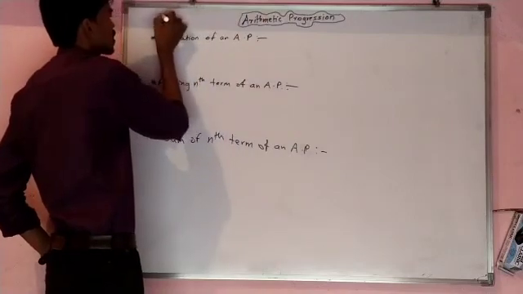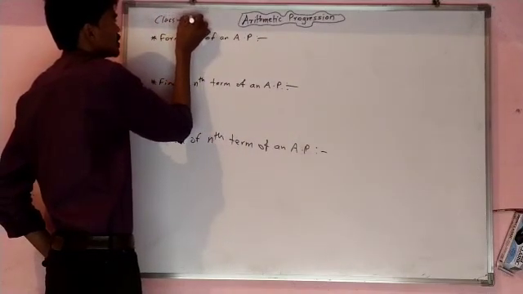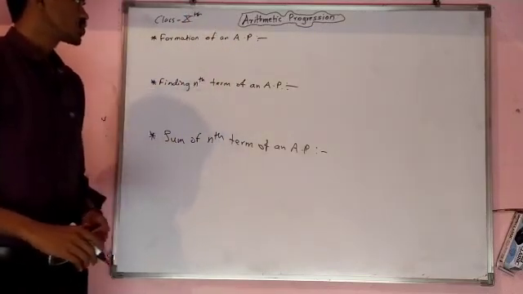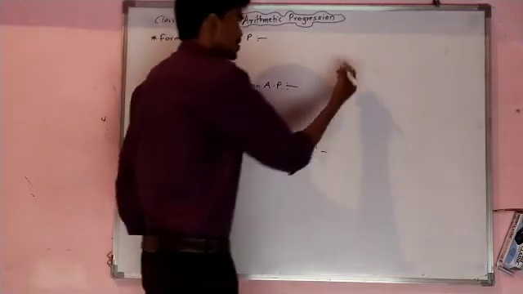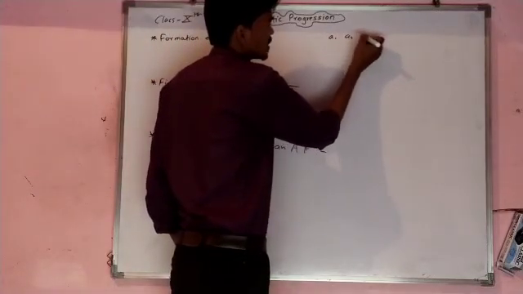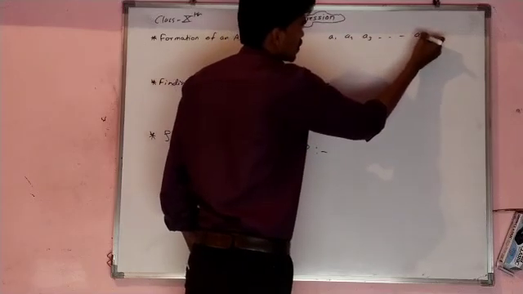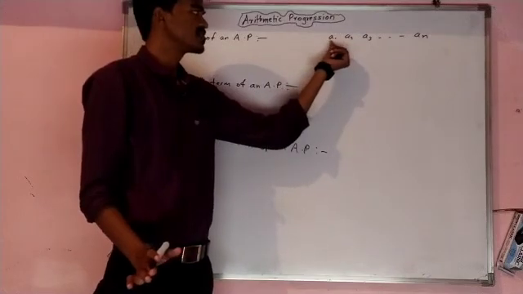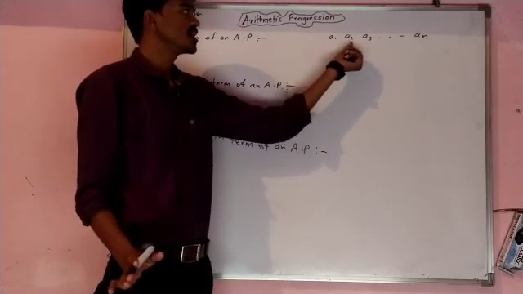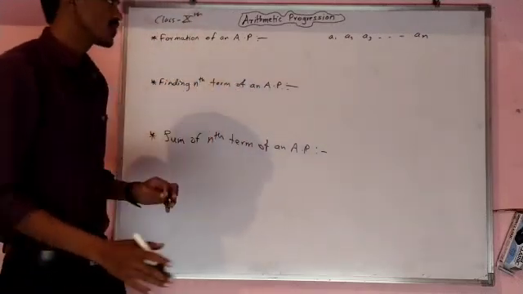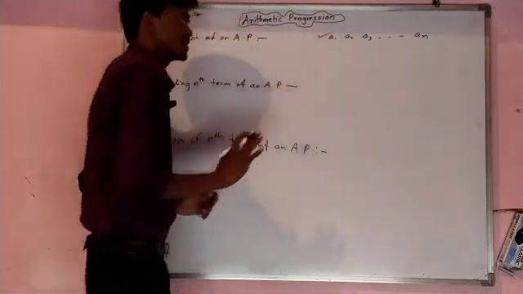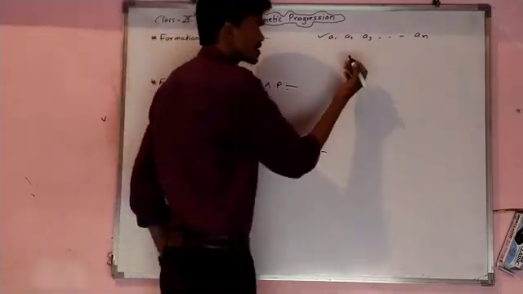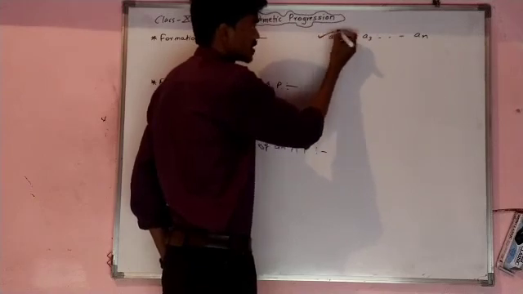Okay, class 10th. So basically numbers arranged like a1, a2, a3 and so on, an, are called an AP. Generally we can represent the first number as a1, a2 and so on, an. This type of representation we can call arithmetic progression. So basically for formation of AP, we need some more terms in this arithmetic progression.